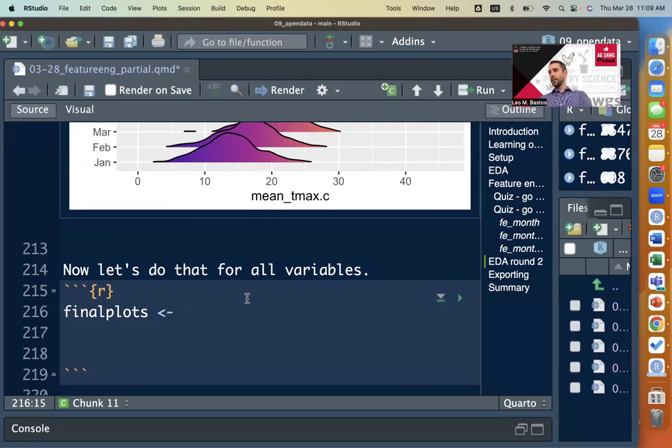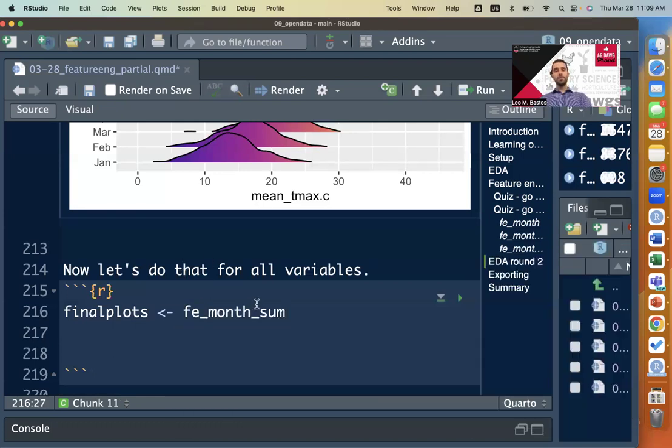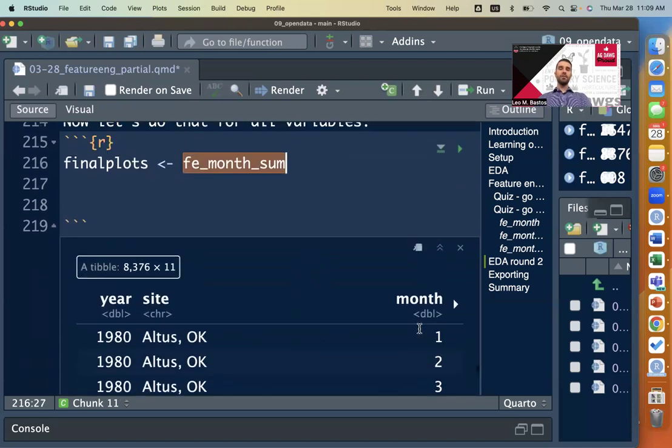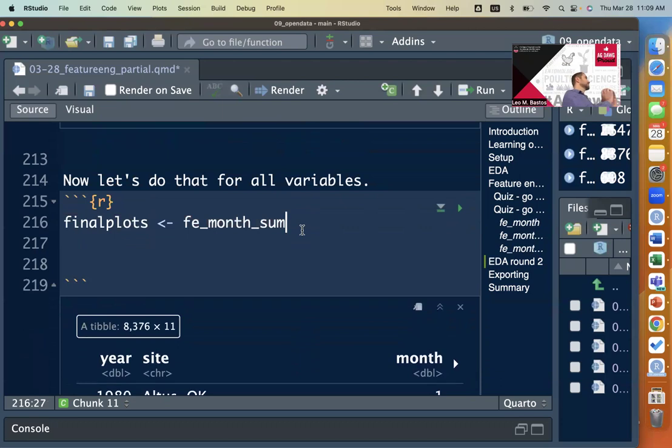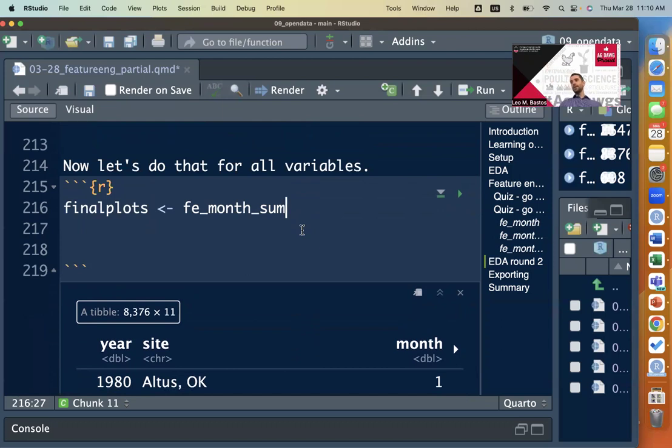At this point, we're going to start off with the FE month sum as well. If you remember, FE month sum is the one where we still have a column for the month. We don't have yet the months in the column names. And for plotting purposes, that's what we need. It's not the one we're going to be exporting, but for plotting purposes it's what we need. Okay, so